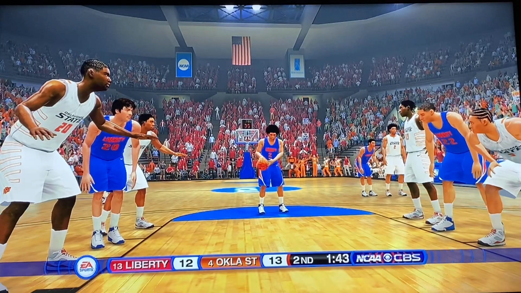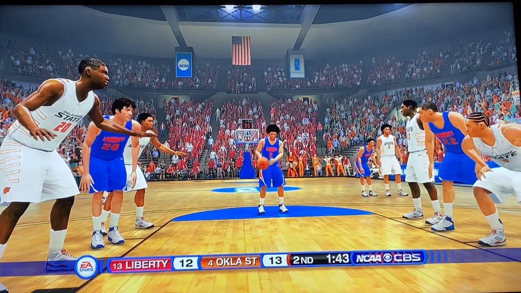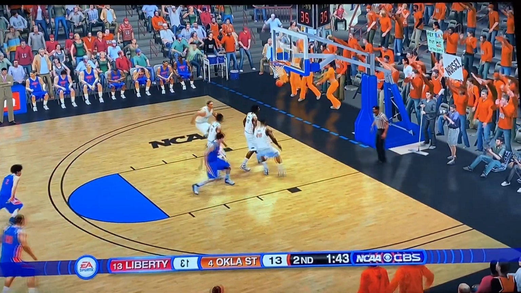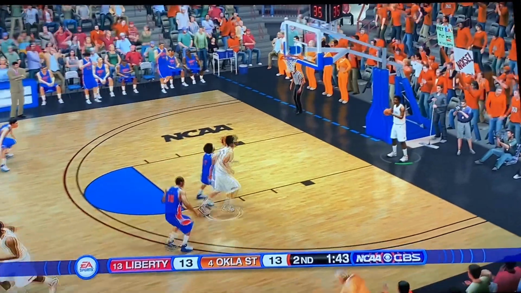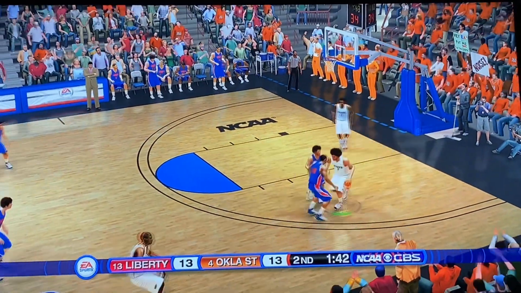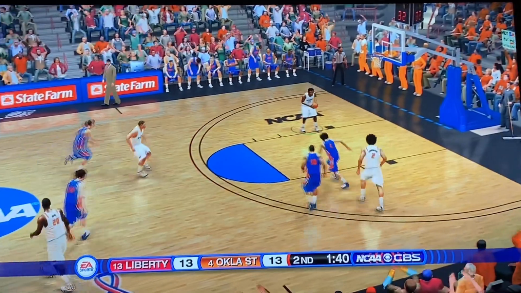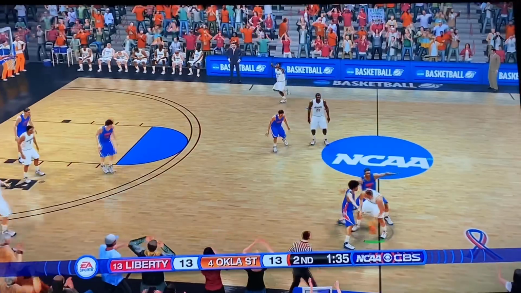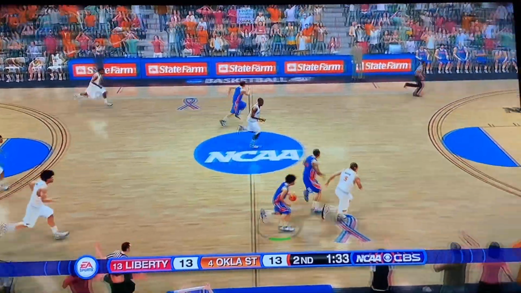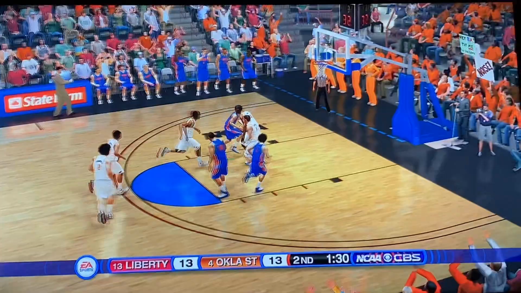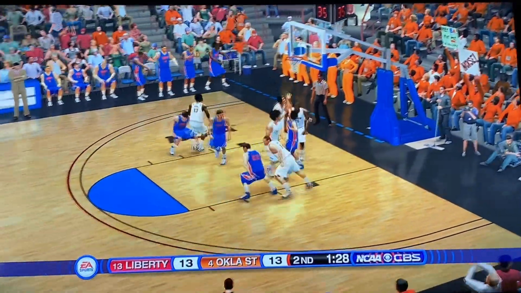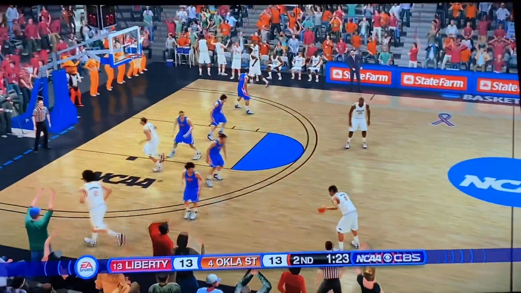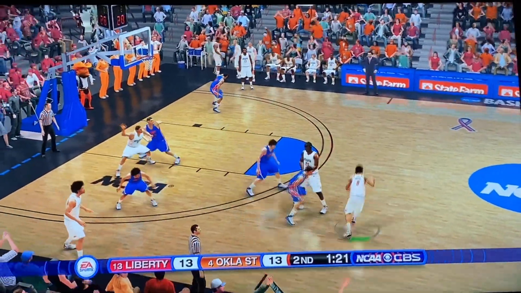Let's see what happens with this one. He gets it to go. 13-13. 1:43 to go. We have ourselves a ball game right now. Oh, could this be a backcourt violation? Oh no, Liberty steals it with a chance to take the lead here. Contact, no foul, and he somehow misses the shot there. Avery Anderson getting the rebound, 1:20 to go. Oh man, tie ball game.